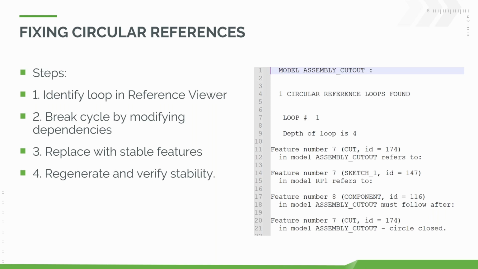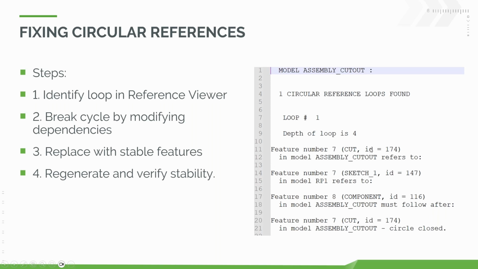And what it does is it gives you this information here. Now, it's basically just text, but it has the feature number, the feature ID, it tells us the model that it's in, and then it refers to this, and then it refers to this. Don't worry about the detail for now, but the basic point I want to show you is